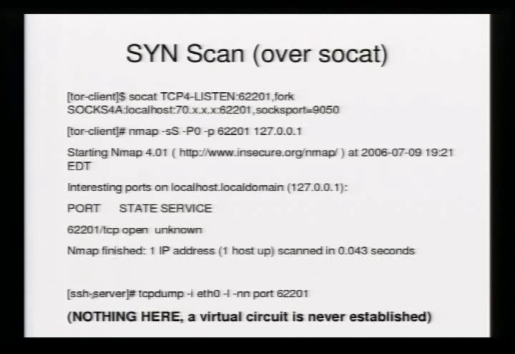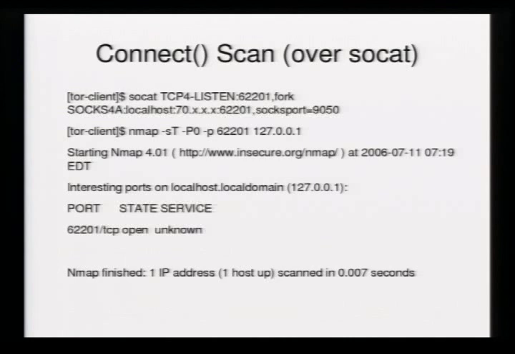But if you do a tcpdump on the server side and look for a connection to be established over port 62201, which is where we're mapping it, you will see that no traffic comes across whatsoever, because the nmap scan never went into the established state. It only sent a SYN packet across via a raw socket, and the corresponding three-way handshake never occurred.